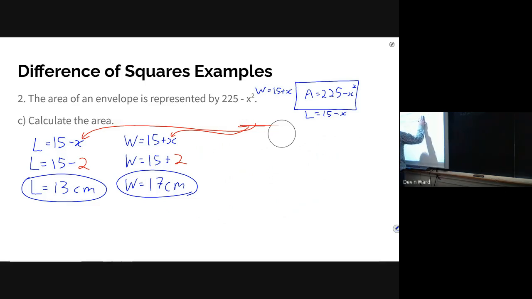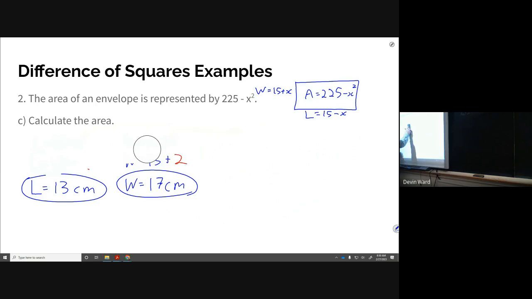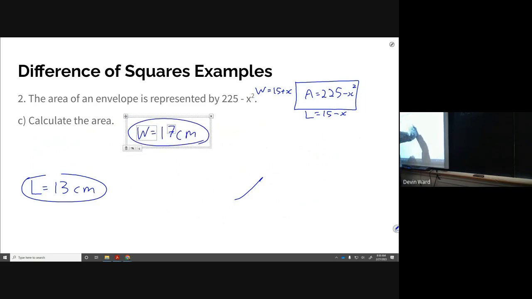Okay, last thing for today, we want to find the area. So we know that the width equals 17 and